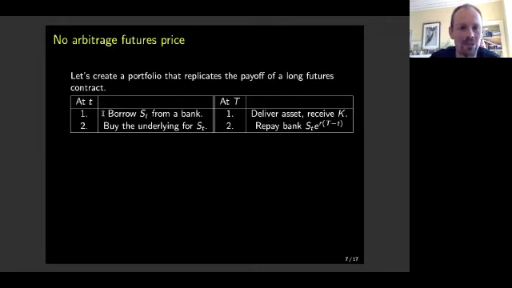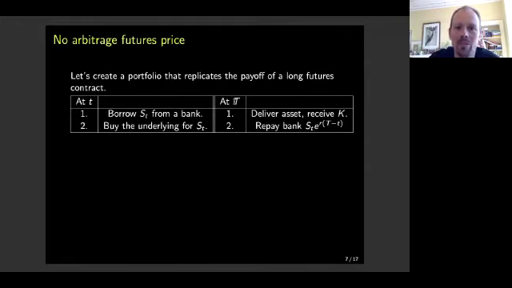So let's construct a portfolio, and we are working in a very naive world, because otherwise all the reasoning gets very difficult. So we just say, well, I can borrow the money from the market. I can borrow money from the market as much as I like. And so I borrow the price of the underlying from a bank. So let's say the underlying is 100 today, so I borrow 100. Now I go to the spot market and I spend the 100 and I buy the underlying asset.